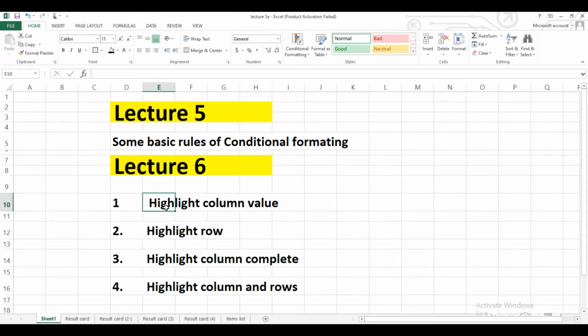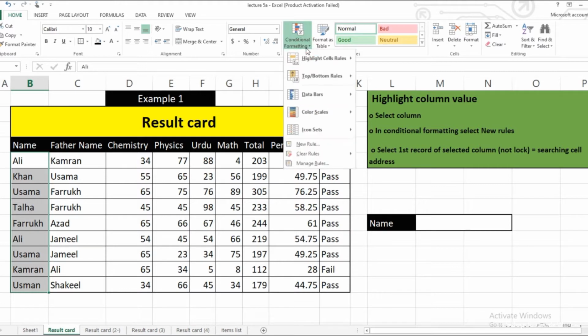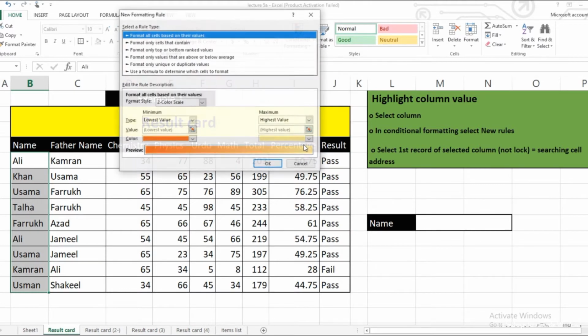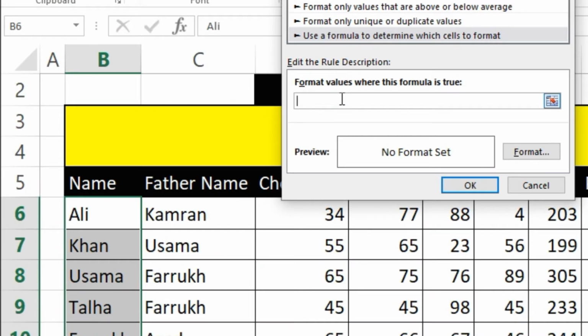For the first example, go to result card 1 or example 1, highlight column value. Select column, in conditional formatting, create new rule and select the last option. Click here, click the first record of the selected column